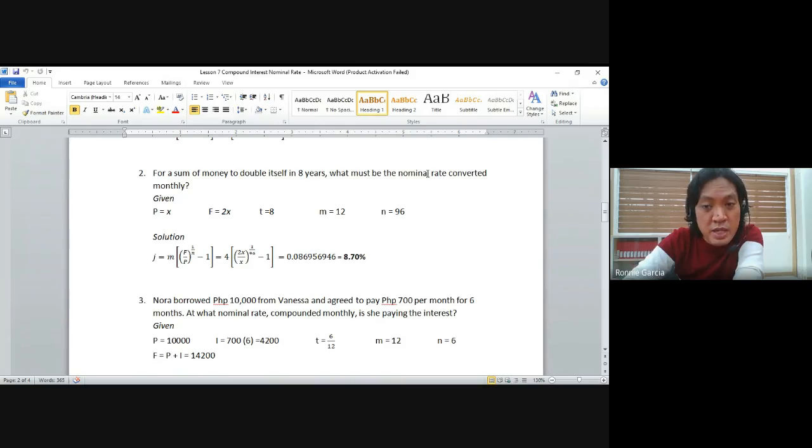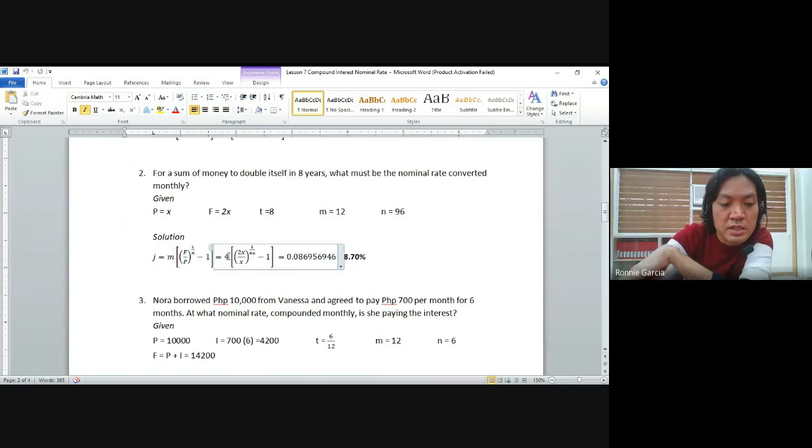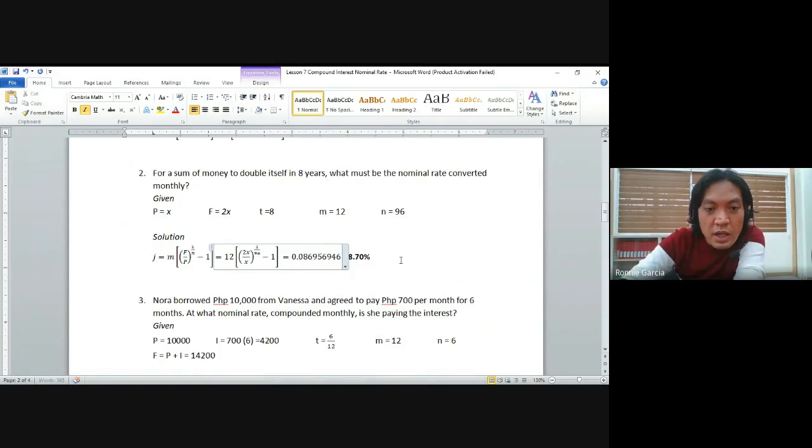The nominal rate is being asked, converted monthly. Monthly is 12, so M is equal to 12. N is equal to T times M, so 8 times 12 is 96. So we have all these things that we will be utilizing in our solution. Still, our formula is J is equal to M times the quantity of F over P raised to the power of 1 over N, minus 1. M is equal to 12. So please check properly. 12, and then we have the quantity of 2x over x raised to the power of